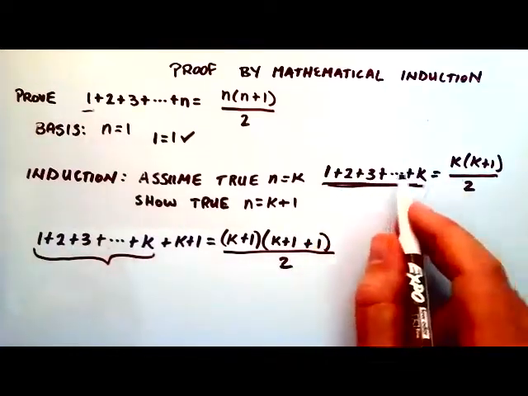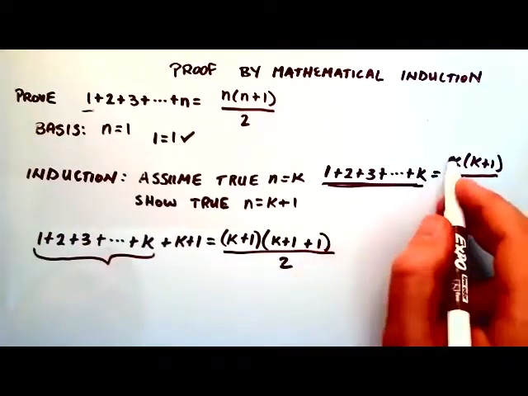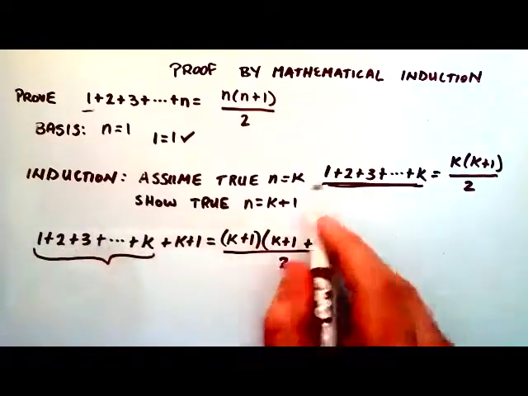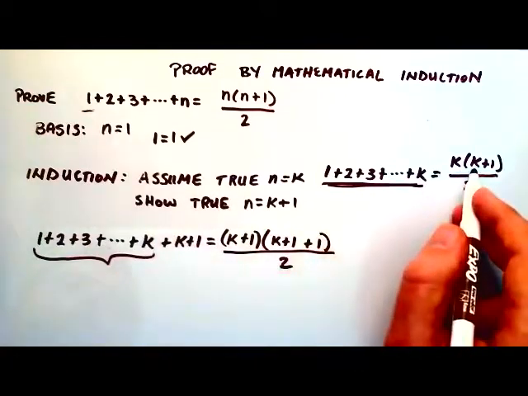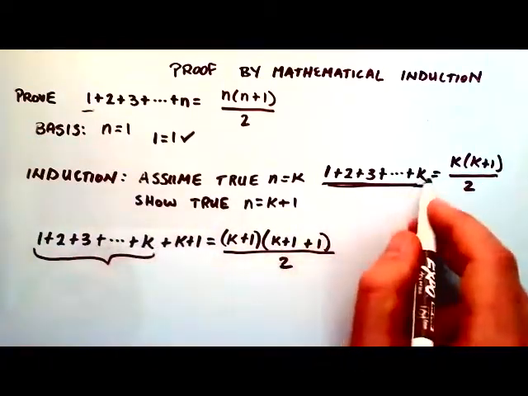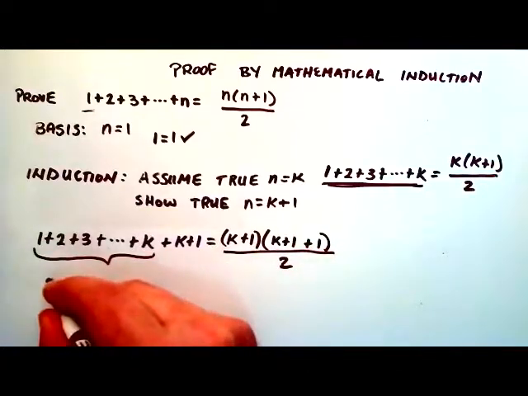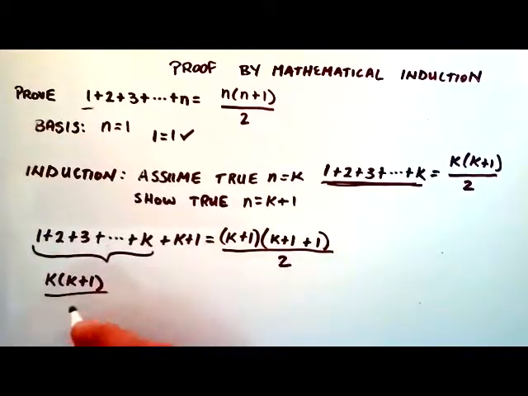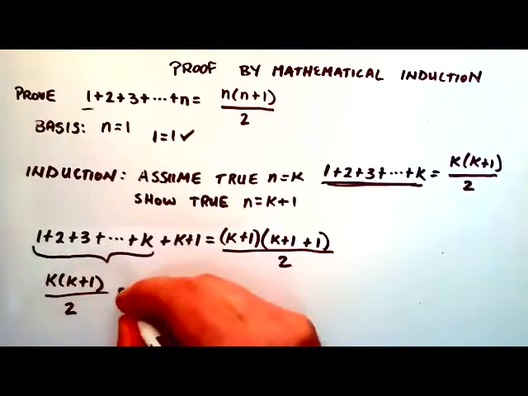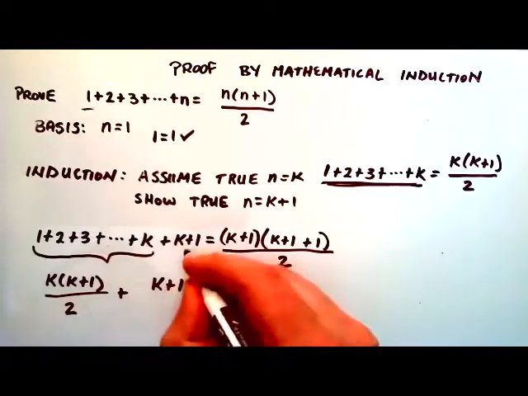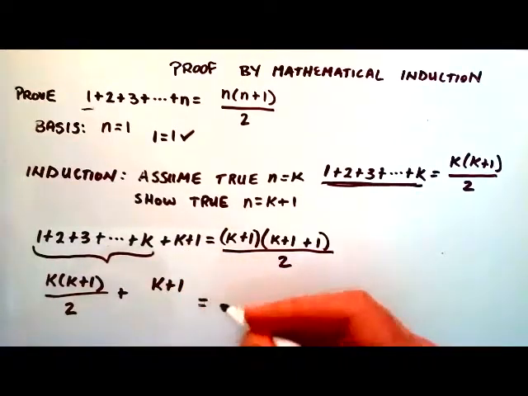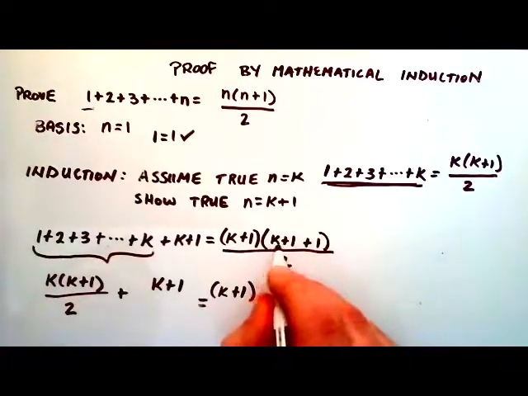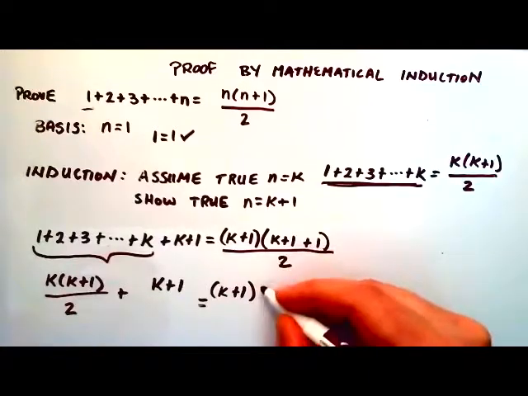And since we're assuming this is true, then we're basically saying that this right here we can use to replace this, because these are the same. So we're just going to replace all this stuff with the right hand side of this assumption. So this becomes k times k plus 1 divided by 2, and then we add that to the k plus 1 over here. And then we're just going to check, is that equal to k plus 1? And then here this is really k plus 1 or k plus 2